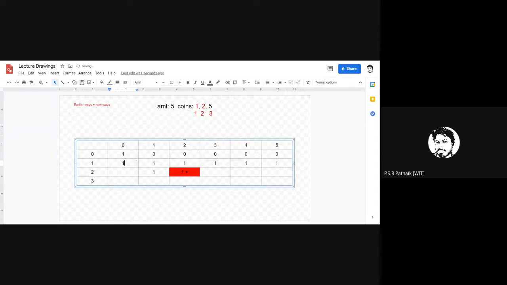This column is indicating whether I can realize a value equivalent to this currency amount by using the same currency. I mean, can I realize amount of 5 by using a 5 note? Yes, 1. Can I realize amount of rupees 10 by using a 10 rupees note? Yes, it is 1, right?